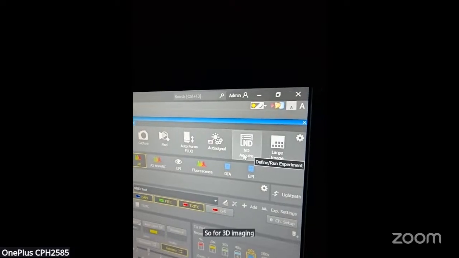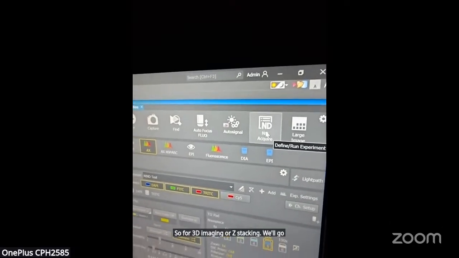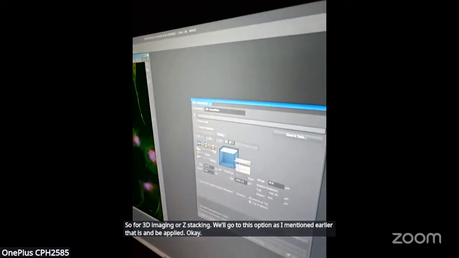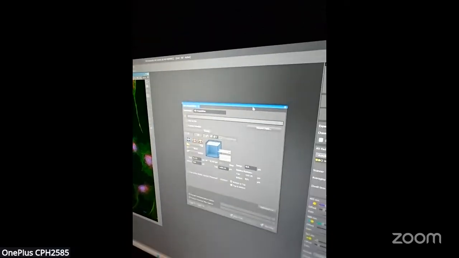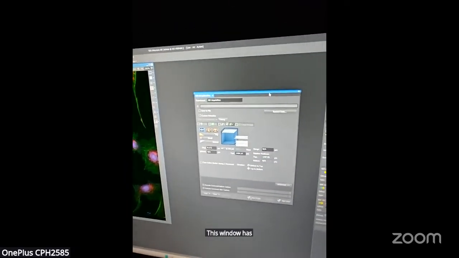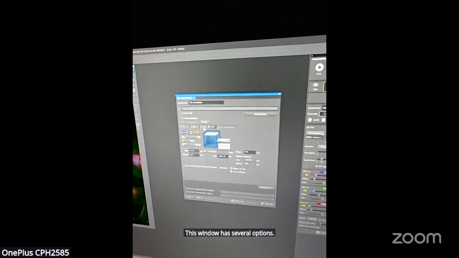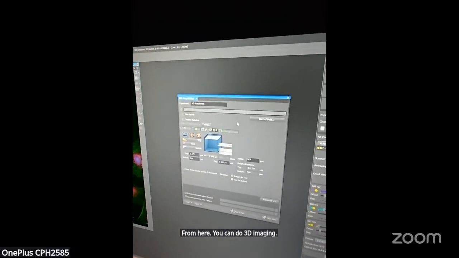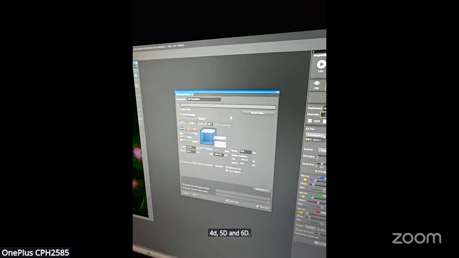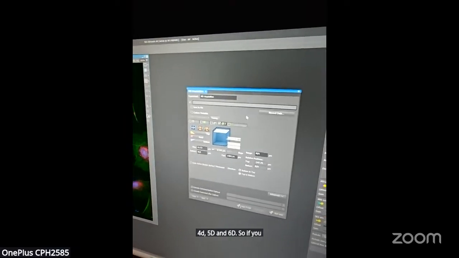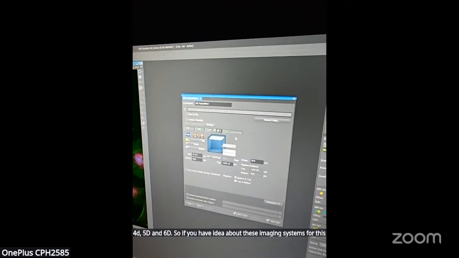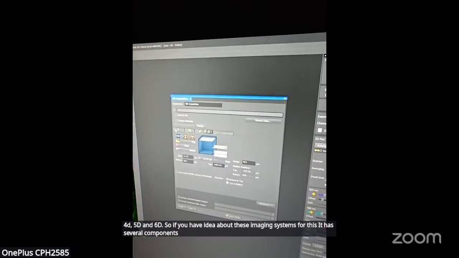So for 3D imaging or Z stacking, we'll go to this option as I mentioned earlier, that is ND Acquisition. This window has several options. From here, you can do 3D imaging, 4D, 5D, and 6D. For time, it has an option.